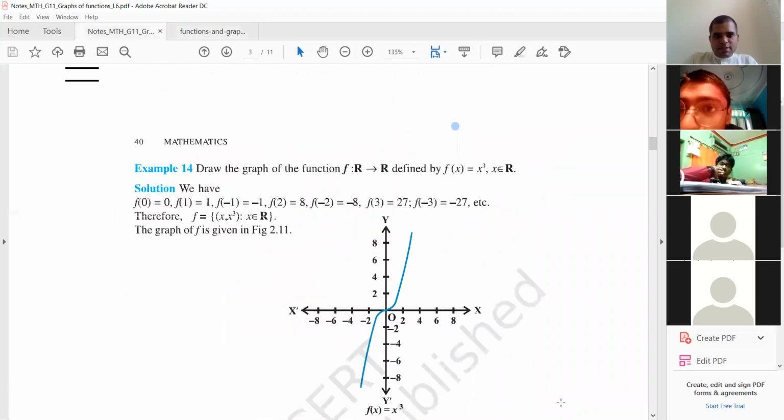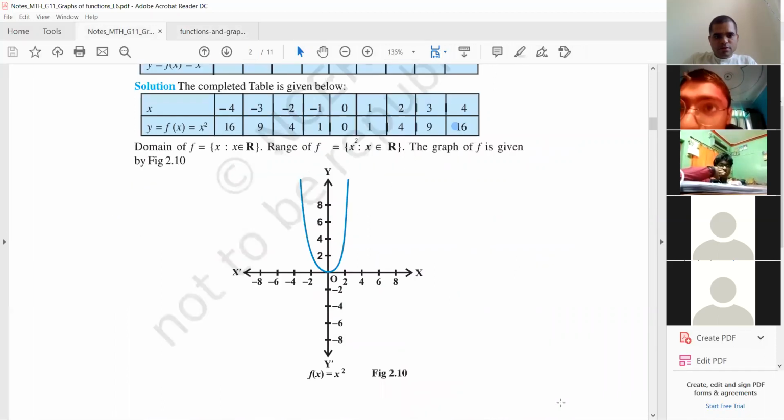अभी कौन सी स्क्रीन दिख रही है? जी एक्सरसाइज एग्जांपल्स वाली